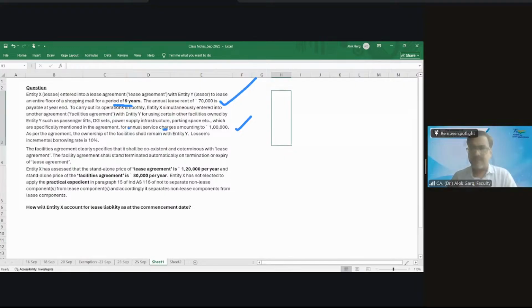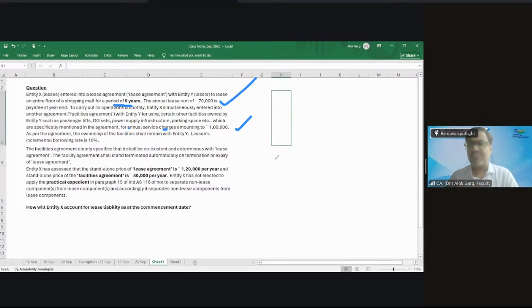It is paying lower than the market value. I am talking about the overall contract. For 2 lakh rupees of value of goods and services, I am paying 1,70,000 rupees. It means in the entire contract, I got a discount.